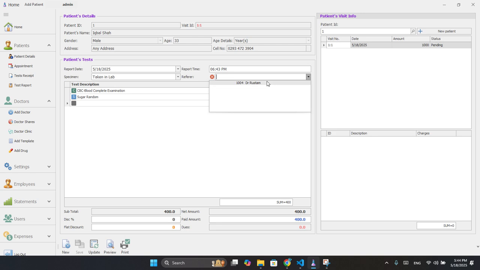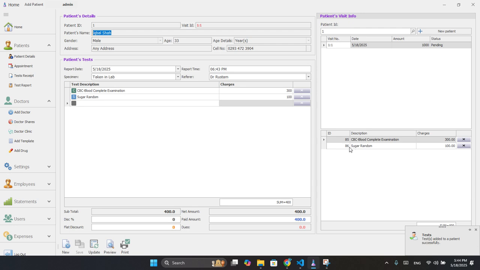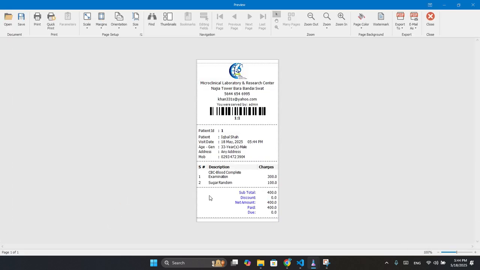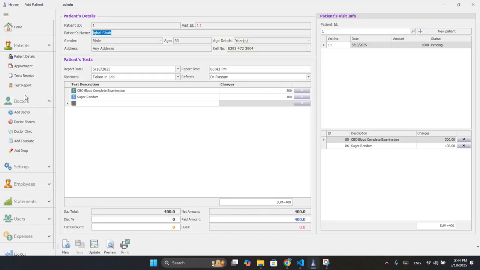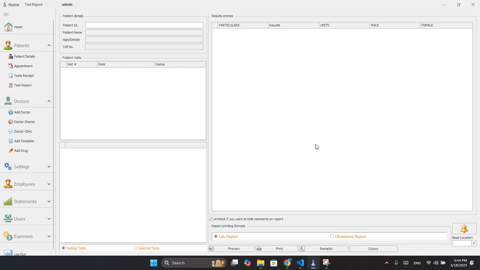Okay, the reference will also be noted here. So these two tests are now added to the patient. So this can also give the receipt to the patient. Now once the test receipt is made, then reports will be generated,